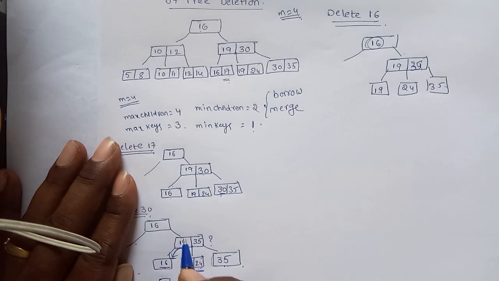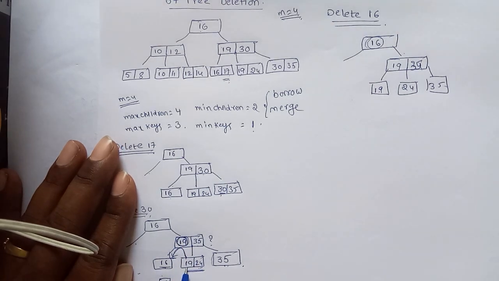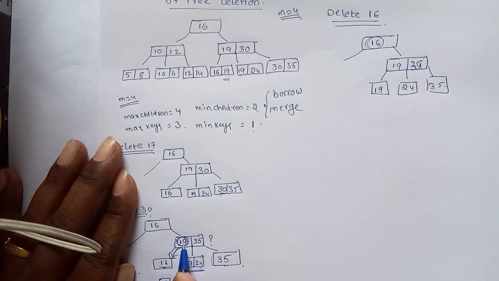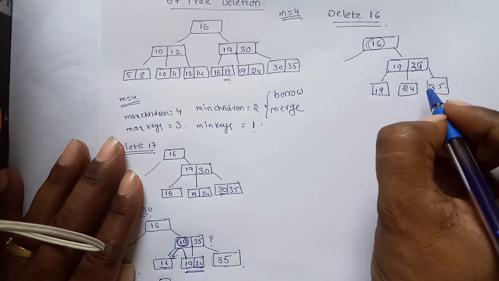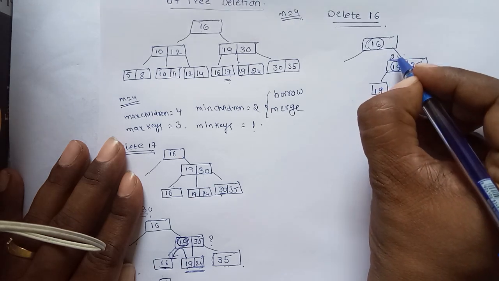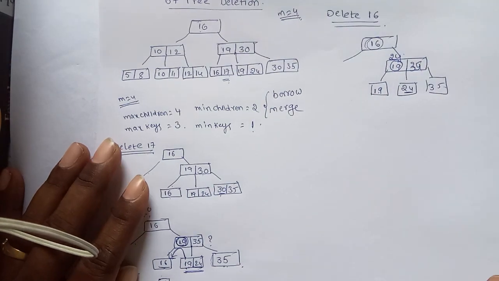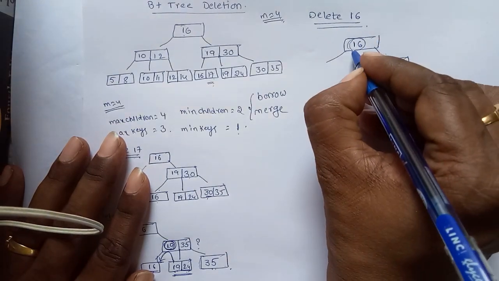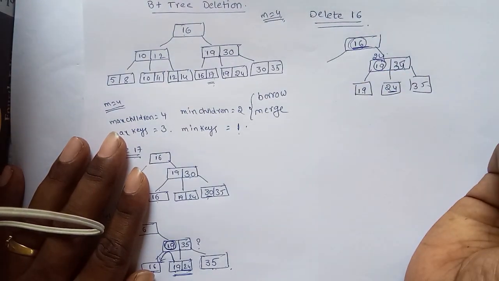the data node, that is removed from the index node also. We are taking 19 from this node to this node. Simply place 19, remove here also. If you are taking a borrow from another sibling, remove from the index node also, and in the index node we are placing the smallest value. So what is the smallest value? 24. So now here we are placing 24, and at the same time we have to remove the 16.